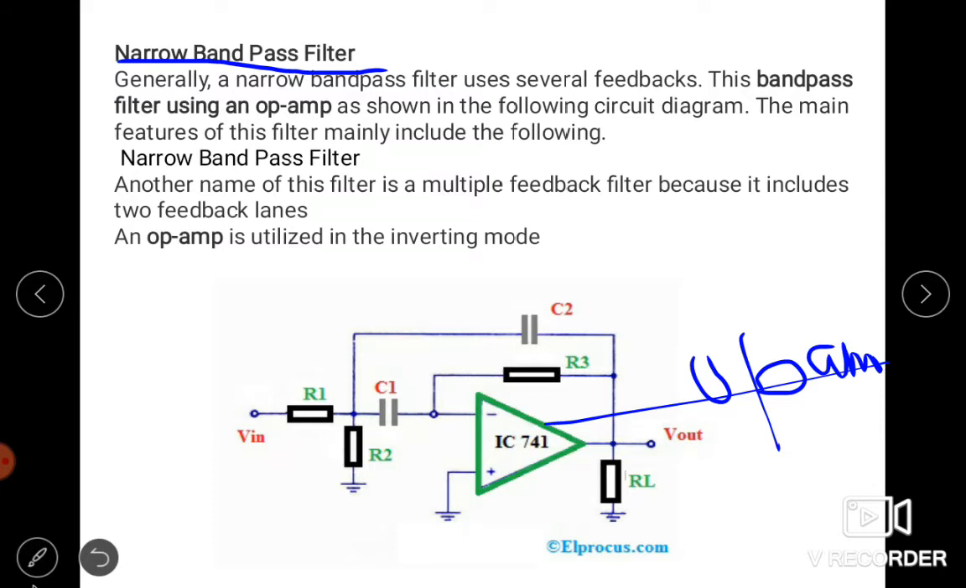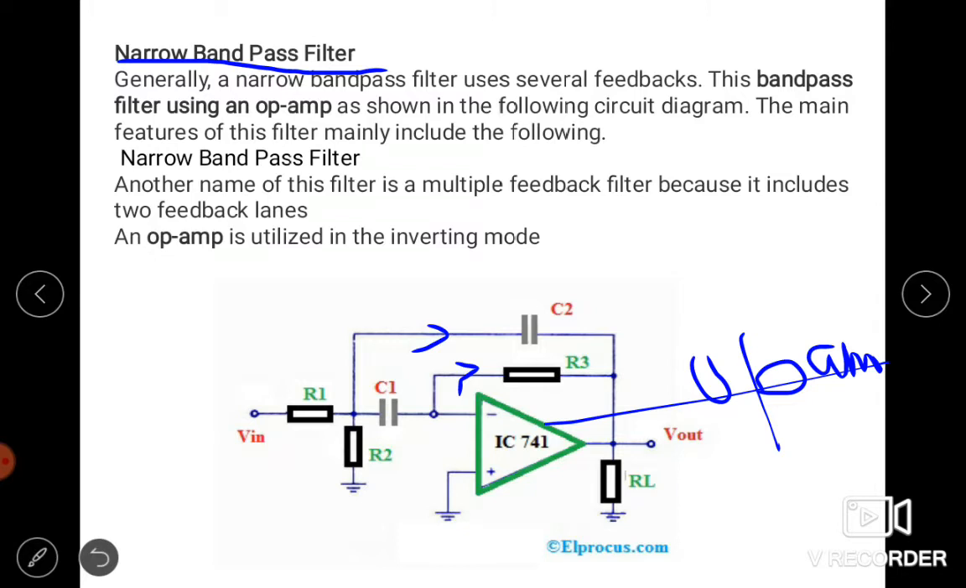And second, in comparison to all the filters discussed so far, this filter has some unique features given below. What are the unique features of this filter? It has two feedback paths. You have seen that this is the first feedback path and this is the second feedback path. What do these two feedback paths provide us, and what is the purpose of putting this feedback on this circuit? The reason behind that,